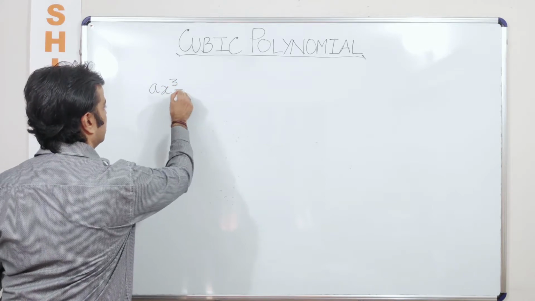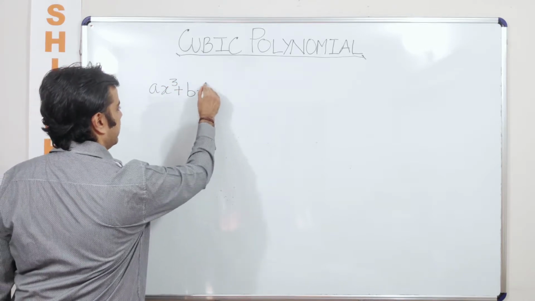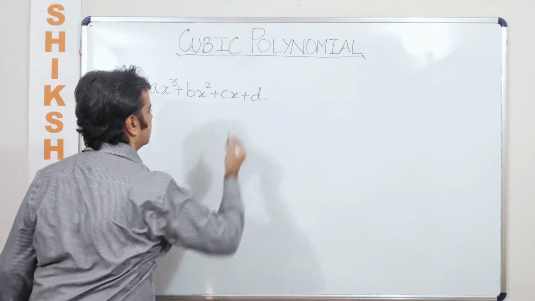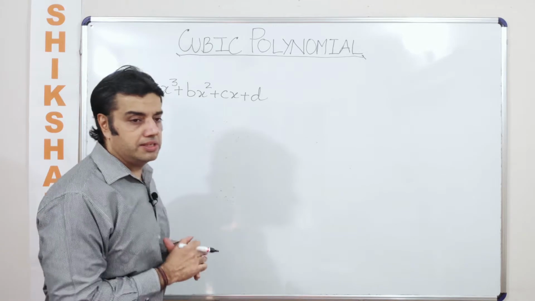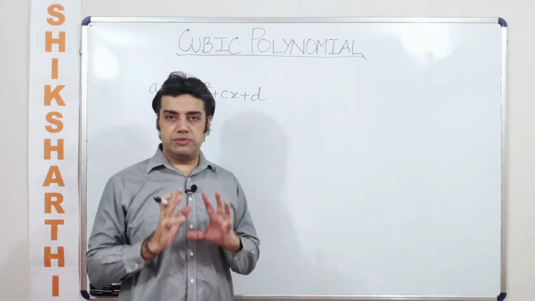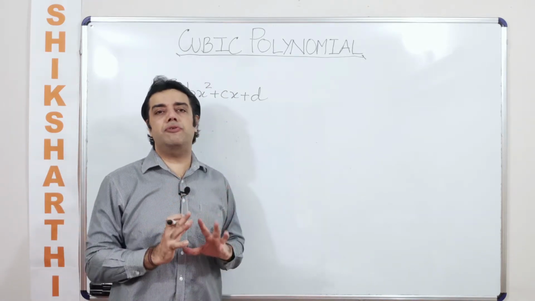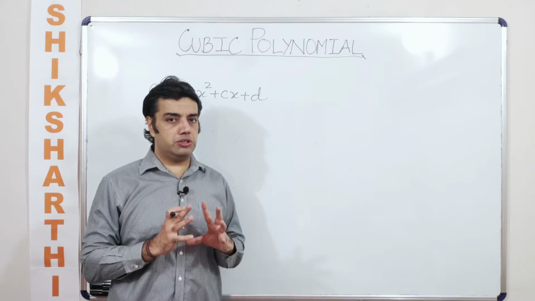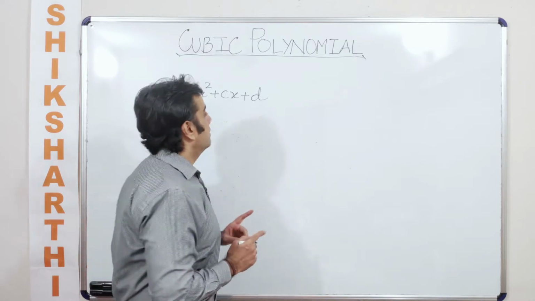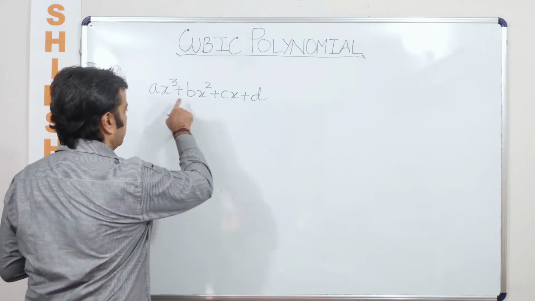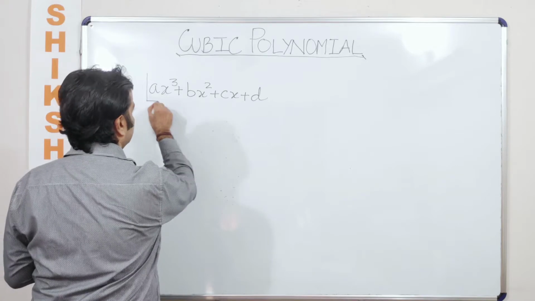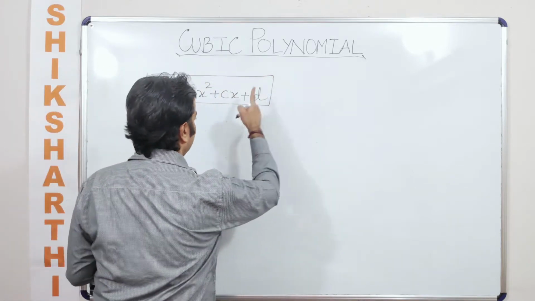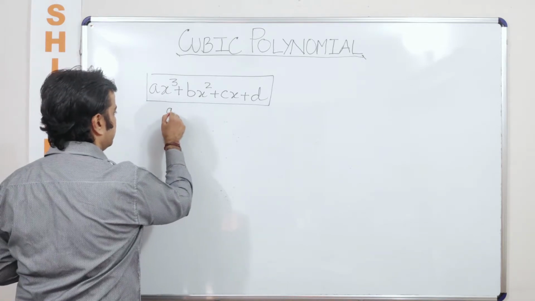Okay, now if I say ax cube plus bx square plus cx plus d. Now this is ideally, mark the words being used, what an ideal format of a cubic polynomial or a cubic expression is, wherein we see all the powers. Now what is a variable here? So if I say that this is a cubic polynomial, along with this I need to specify a few things. Now what are the few things that I need to specify?